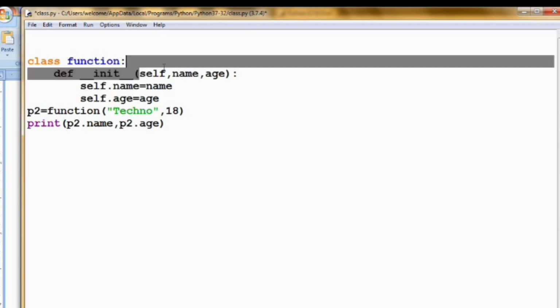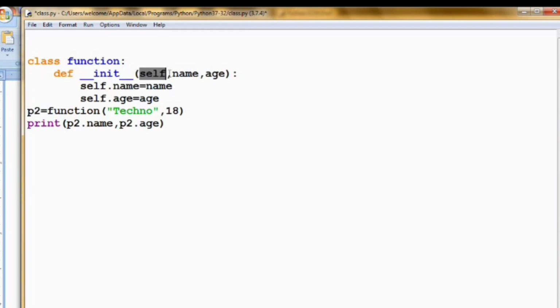So whenever you are defining a function and passing the arguments, you have to use the first argument as self, and after assigning self only you can use the arguments in your function. This is the case while defining a function inside a class. While defining a normal function, you don't have to use self. It is not at all necessary.